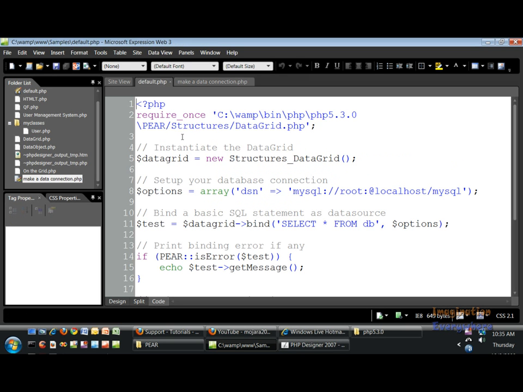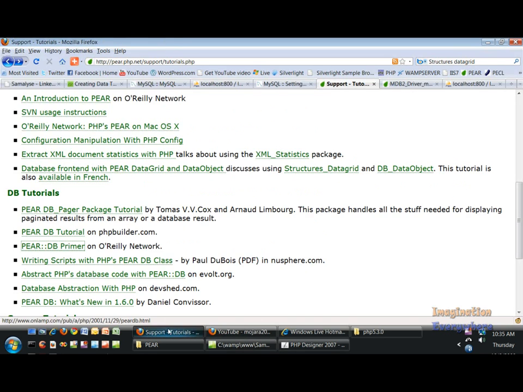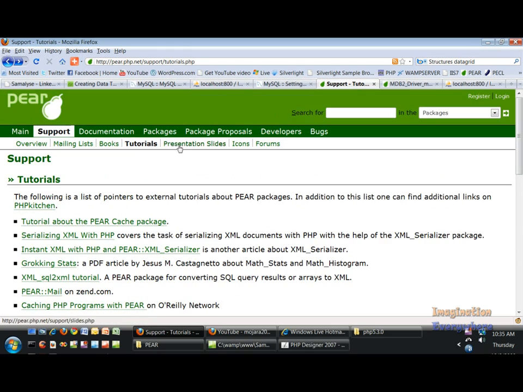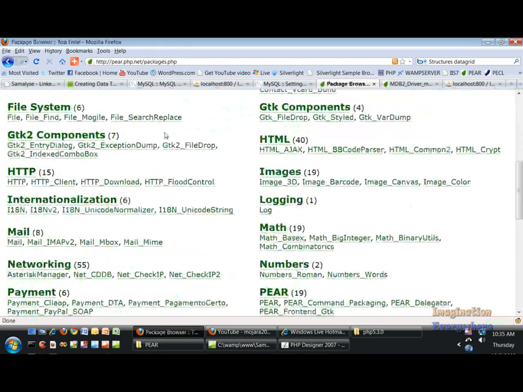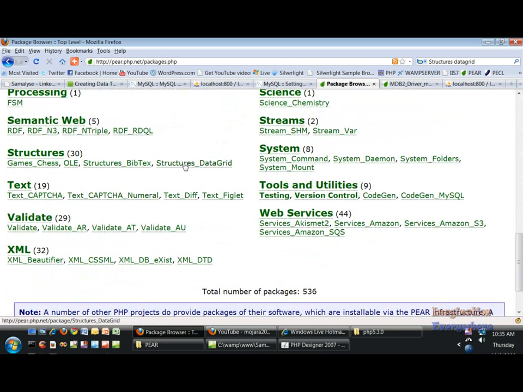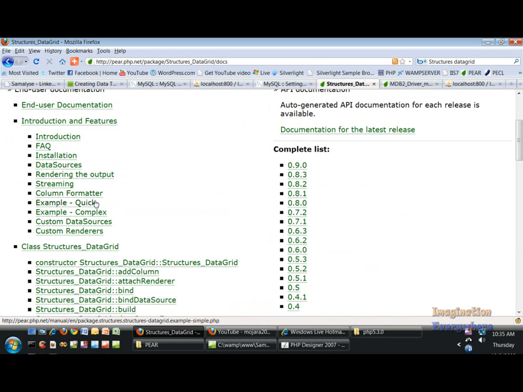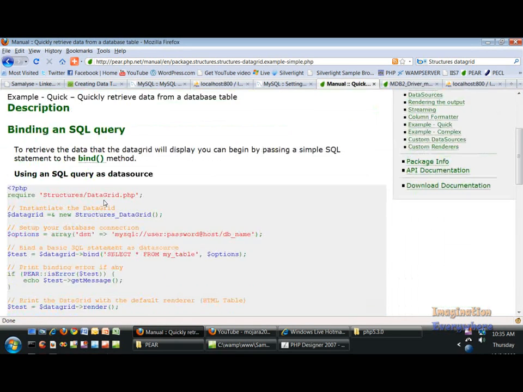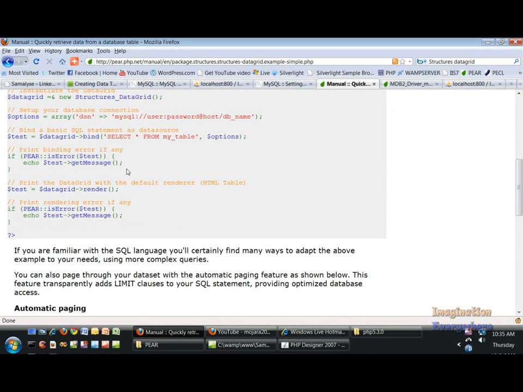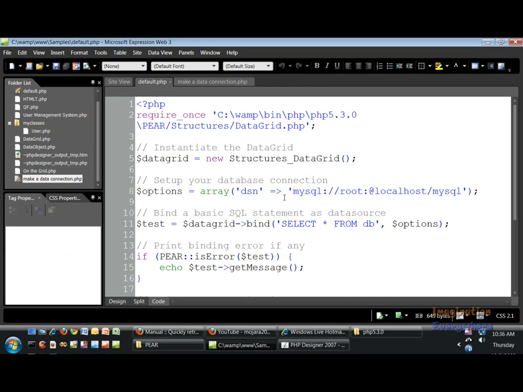Well, let's go back to the structures data grid example right here, and this is on the PEAR website. If you go to packages, go to structures data grid, go to documentation, and go to the quick example, they give you everything that you need right here. This is the actual example. So if we go back,